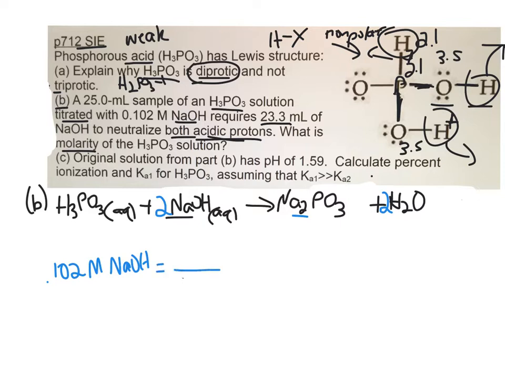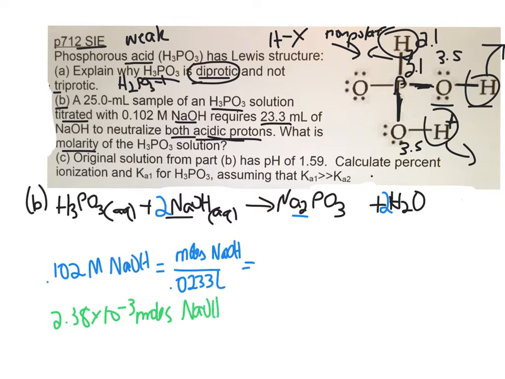From the molarity formula, you know that in this case, you got to convert that to liters, so that would just be 23.3 divided by 1,000, leaving us with 0.0233 liters. And when you calculate for that, you get a small amount of moles, 2.38 times 10 to the negative third moles